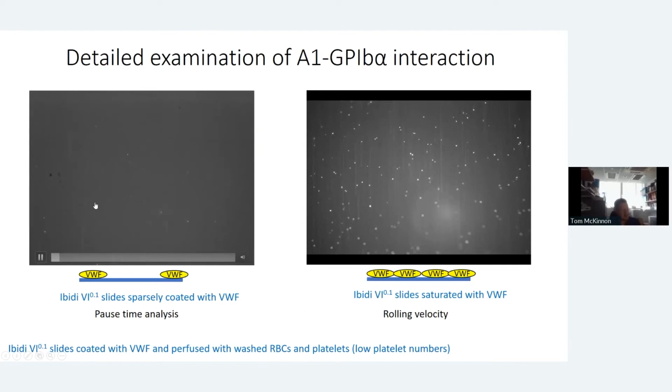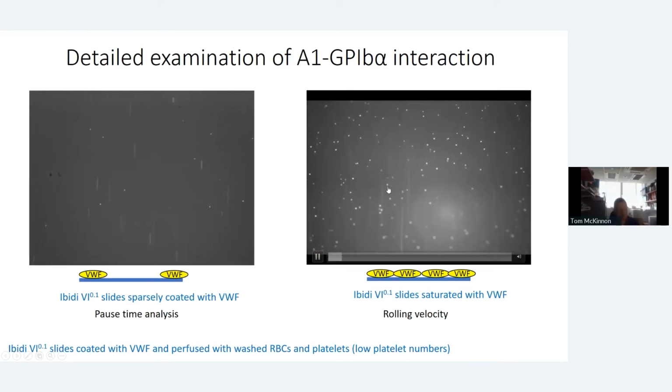What you're seeing in this movie here is we've got sparsely coated slides, we've got washed red blood cells and low numbers of platelets. And what you're seeing is what we call pause time. So this is where individual platelets are binding to individual von Willebrand factor molecules. They're pausing for a set period of time and then detaching, and there's nowhere else for them to really go to. Whereas if we have a saturated surface,